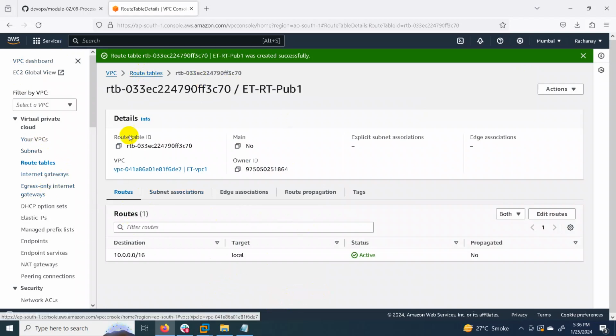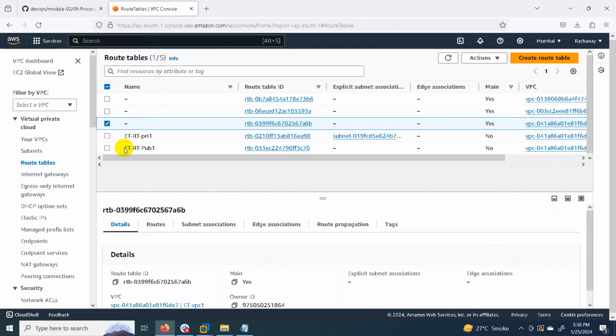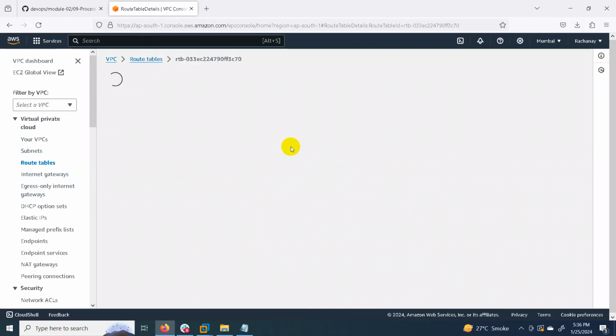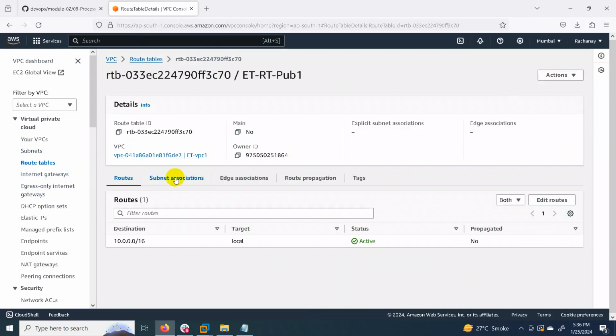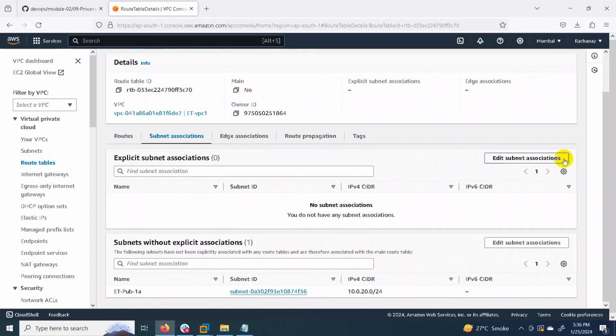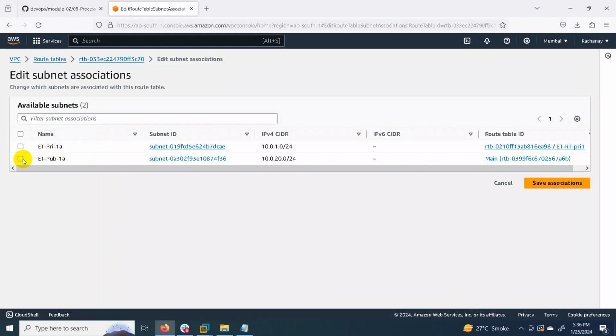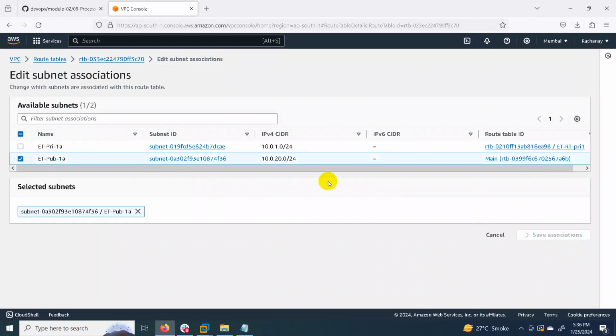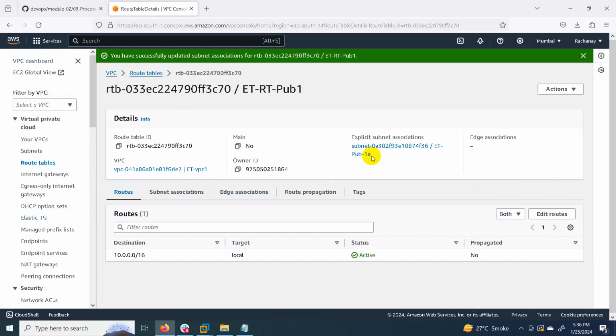Now with this public route table, here also we are going to modify it. Two things we have to modify. First is subnet association. We have to edit it. We have to select explicit subnet association. So here we select the public subnet and save association. That means this public subnet is associated with this route table.